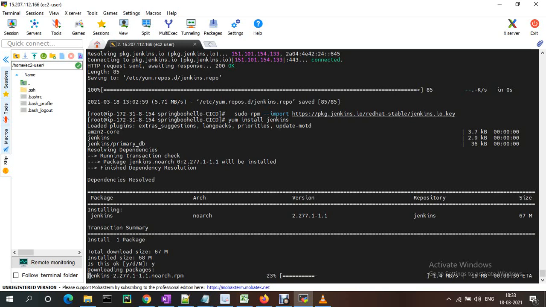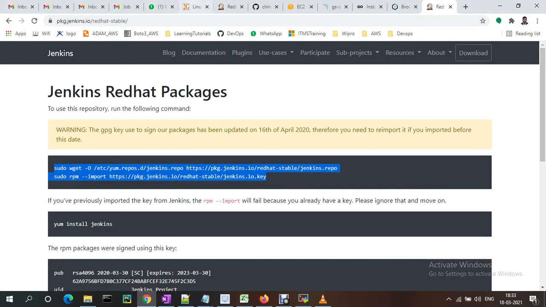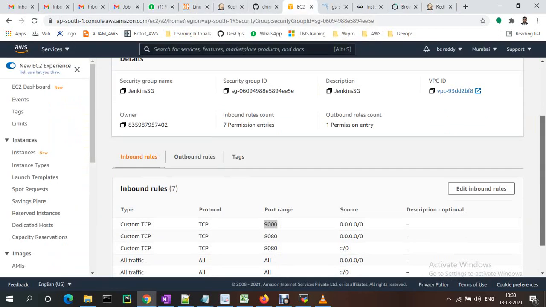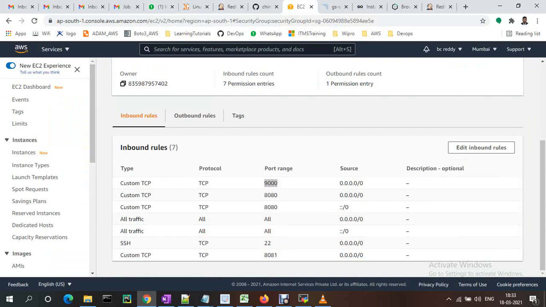I have already opened port 8080 on this server, in the security groups. See, port 8080 is already open. You need to take the IP and provide port 8080, and it will prompt you for the admin password. You need to give it. Once that is done, it will open the Jenkins UI page.